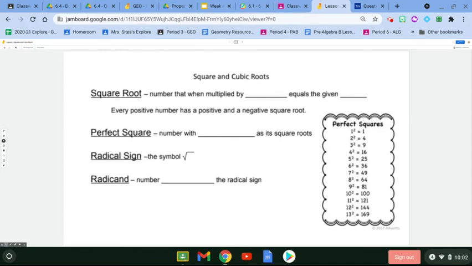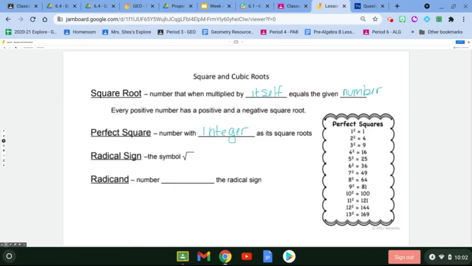So, a square root is a number that, when multiplied by itself, equals the given number. Every positive number has a positive and negative square root, and they consist of what's called perfect squares. A perfect square is a number with an integer as its square root. So if you take a look at this little chart that I have over here,